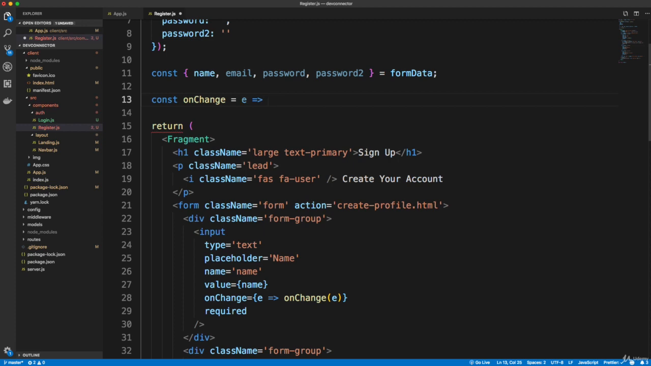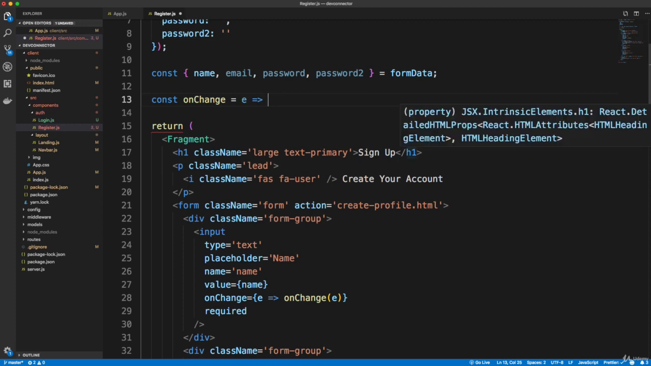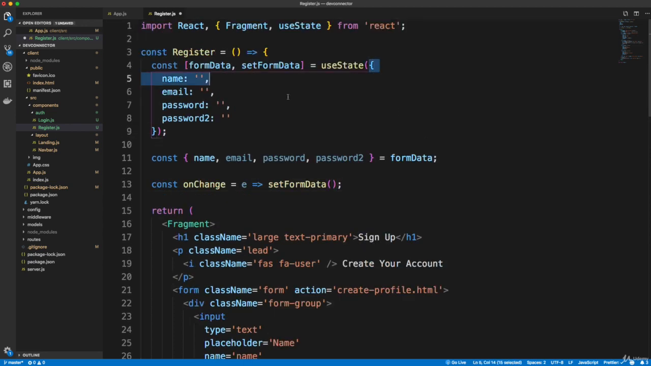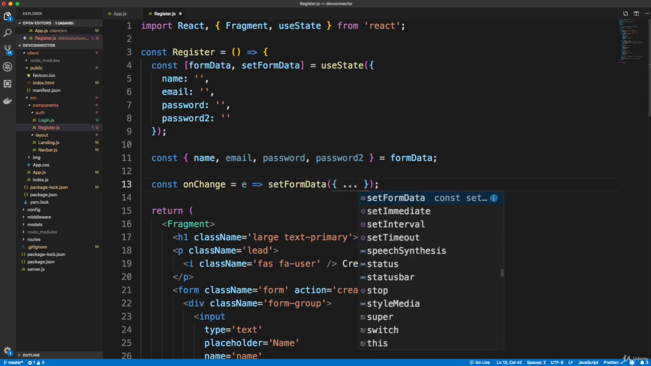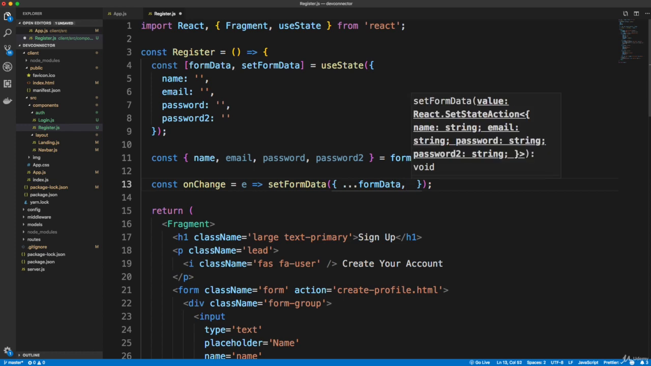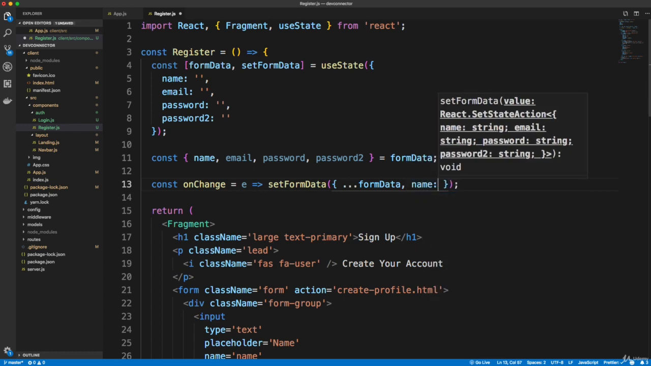And we don't even need curly braces because we're just going to call set form data. Now in set form data we want to change this state, right? So it's an object, so we want our curly braces, and we only want to change the name. So we need to make a copy of form data. So we want to use the spread operator. So that'll just copy what's in there. And then we want to change the name to the value of the input. So